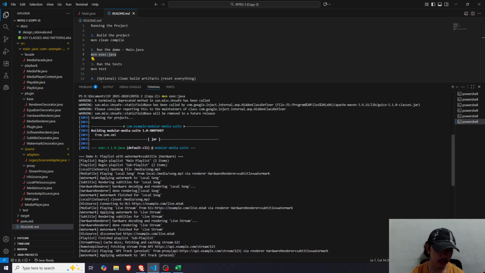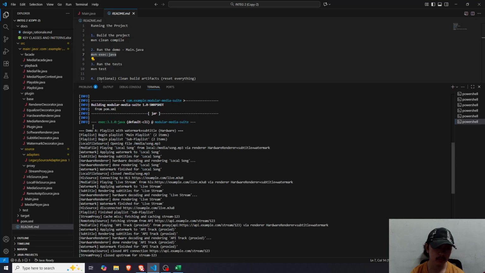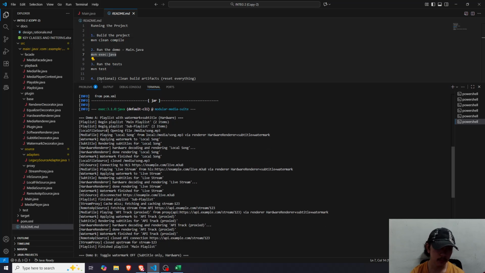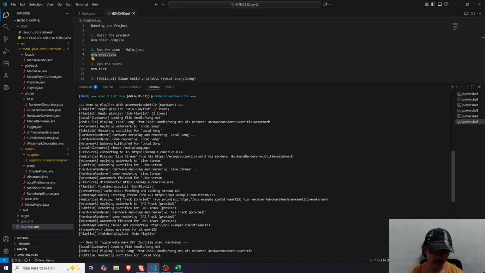Here we have a lot of things going on. This is the whole playlist with its source, media file with its decorators, and then the renderer. It even has the proxy here.